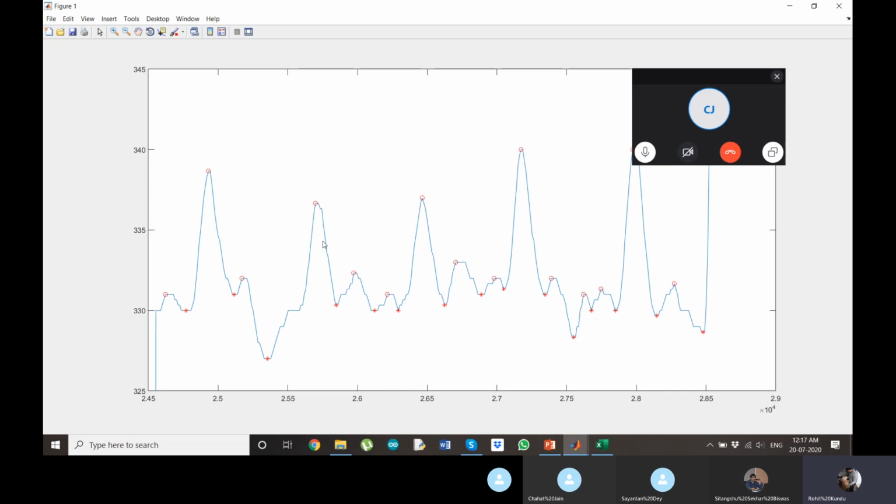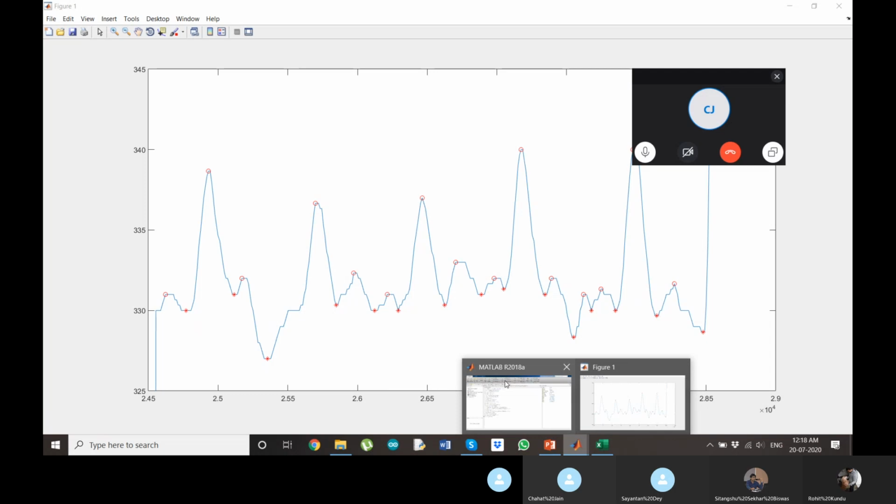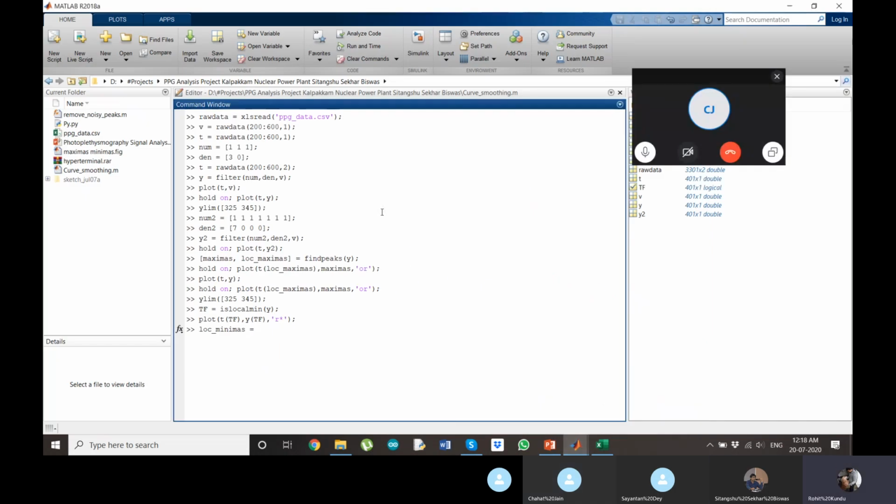Okay, so this repeats on and on because it is periodic. So to get the complete beat duration, we'll find the time between the first minima and the third minima. So if we want to know the systolic duration, we can just find the time difference between these two minimas. Okay. Thank you. No problem.